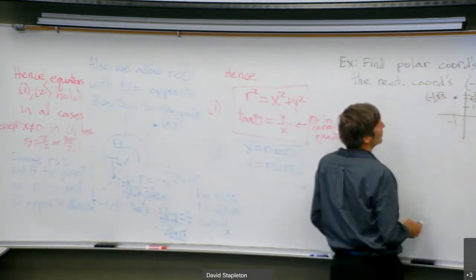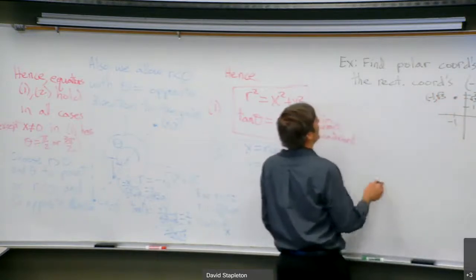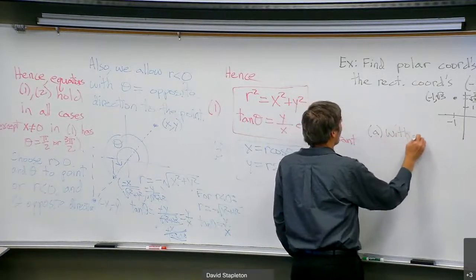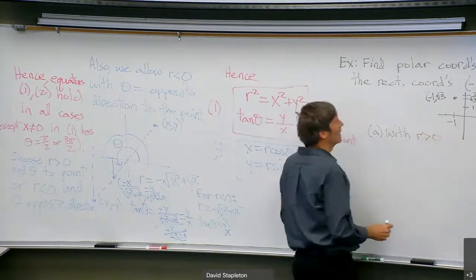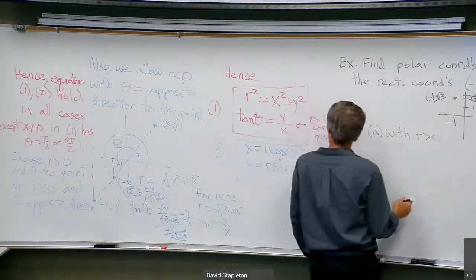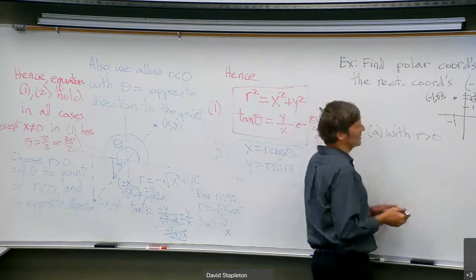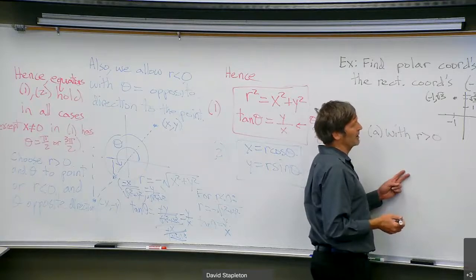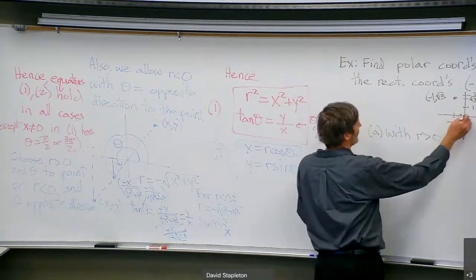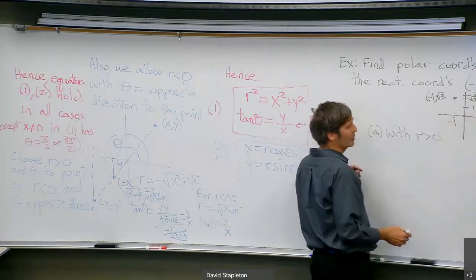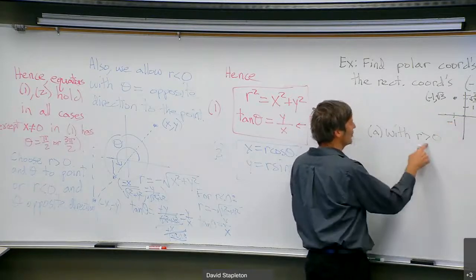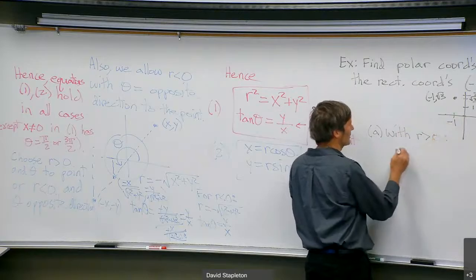Now, what are the polar coordinates? I'm going to find polar coordinates, one with r positive. And I say there's 2 coordinates, one with r positive, one with r negative. If r equals 0, you can take any theta you want because it doesn't matter what direction you go. You're still at the pole, at the origin, right? So with r greater than 0,